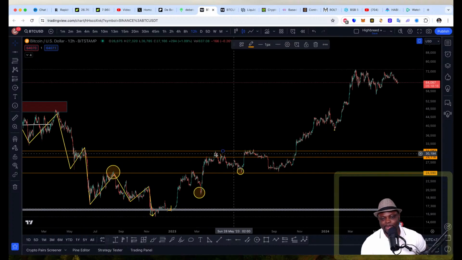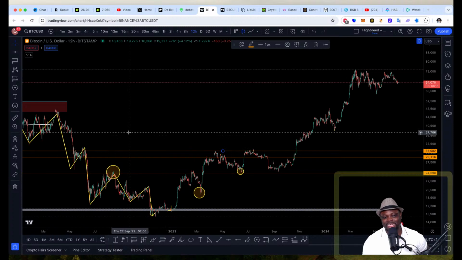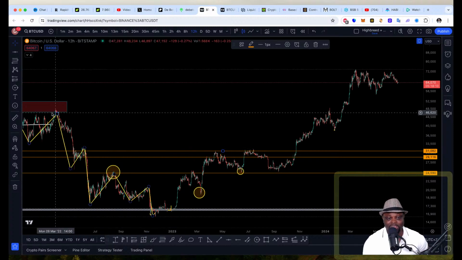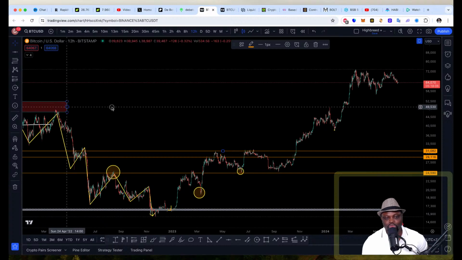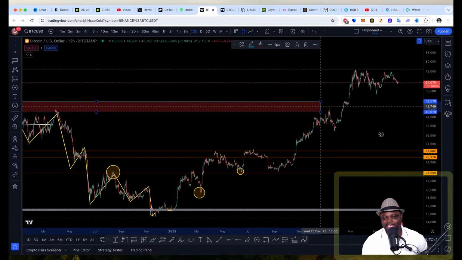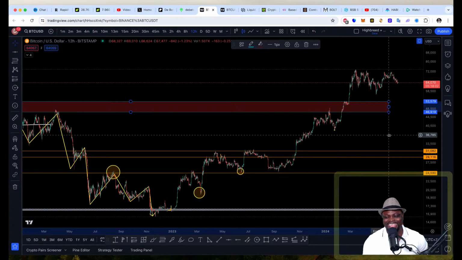So that was an important area. If price would have broken this area, the next resistance would have been this area where we drew this line. You can see corresponding exactly. So when price is moving down, the way price is moving down is the same way that price is gonna move up. The different support, resistance, all this stuff.